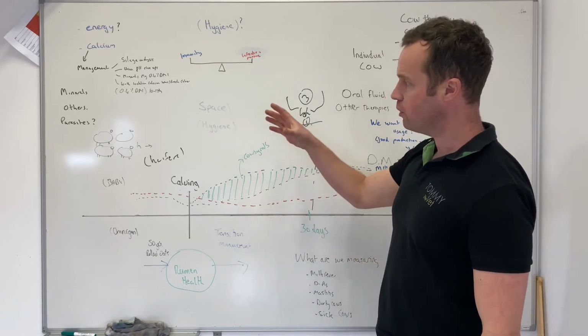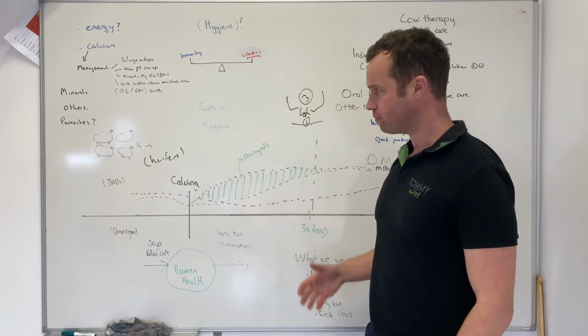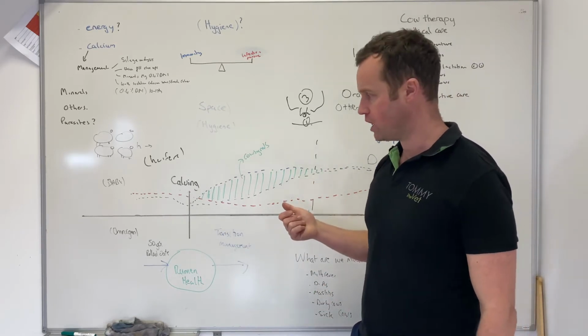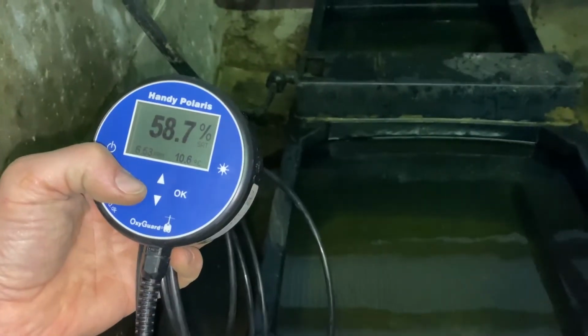So I think we're pretty much on track around energy, focusing again on feed space, management of groups, and particularly our freshly calved cows. We've had issues with water quality on one farm, which has been really interesting to see. Water intakes were a problem indoors. We put in more troughs. The water looked okay, but when we actually